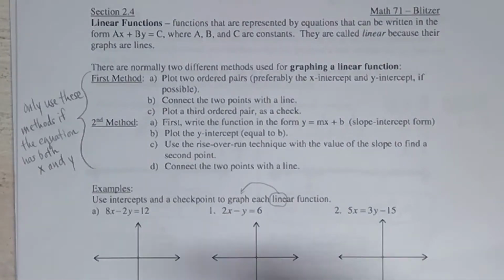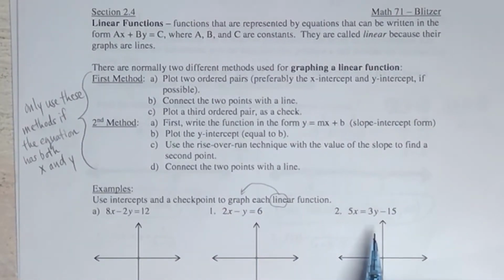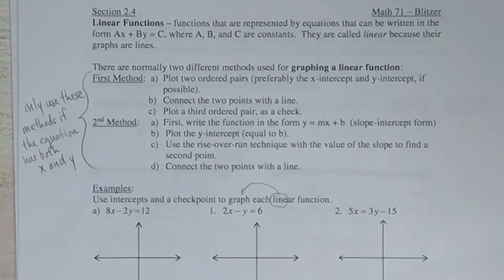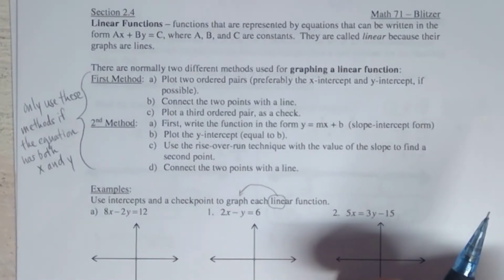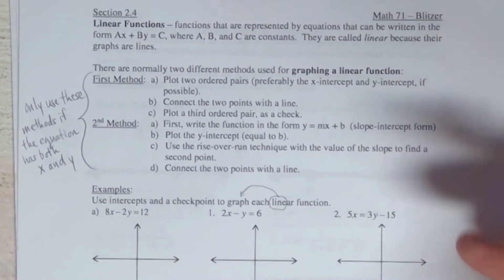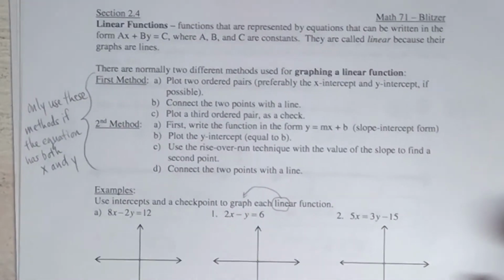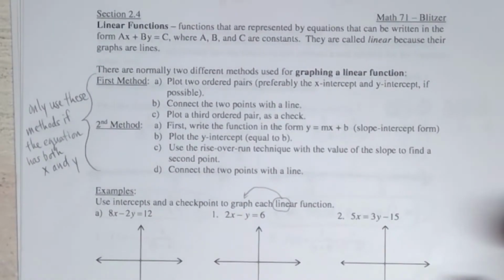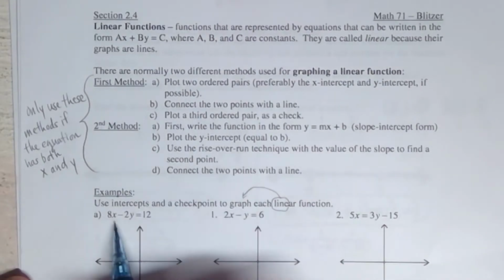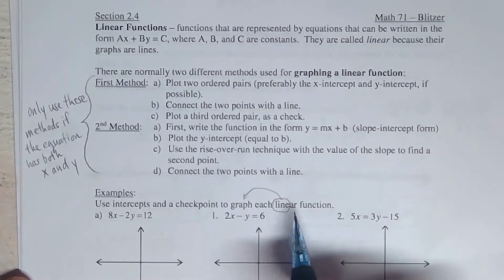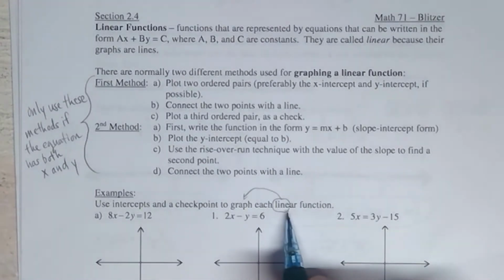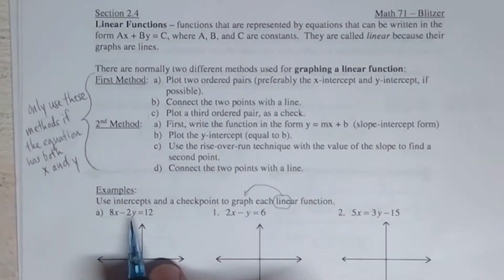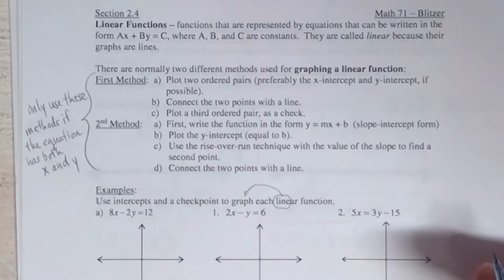Now, what makes these equations lines? And that's an important question, because when we get to some problems later in the semester, we see other types of graphs that are not lines, that have curvature to them, like some of the graphs we saw in the last couple of sections. Why are we going to be able to tell that these are lines? Now, I know that here it says linear function, so we kind of know it's a line, okay? But in the future, they may not give you that little clue. And so I just want to let you know how we're supposed to know that these equations represent lines